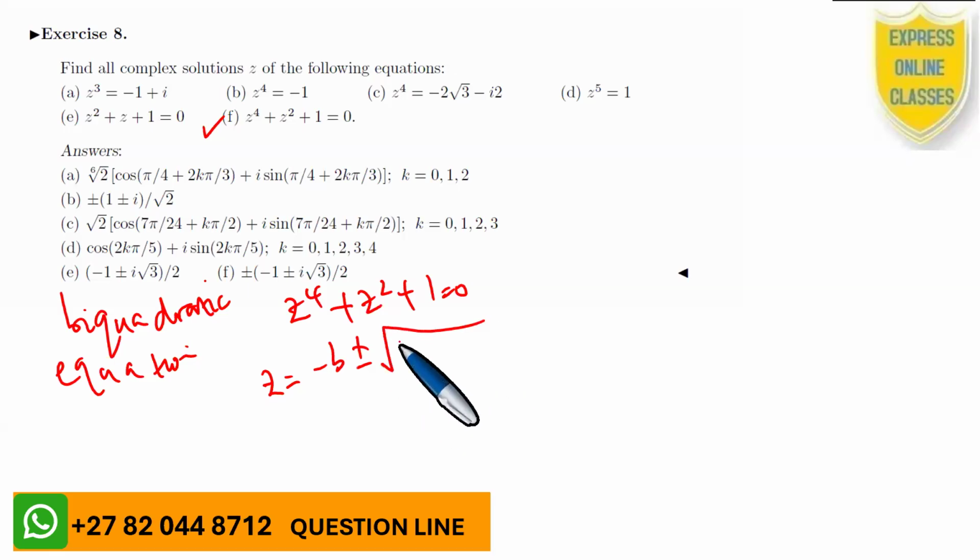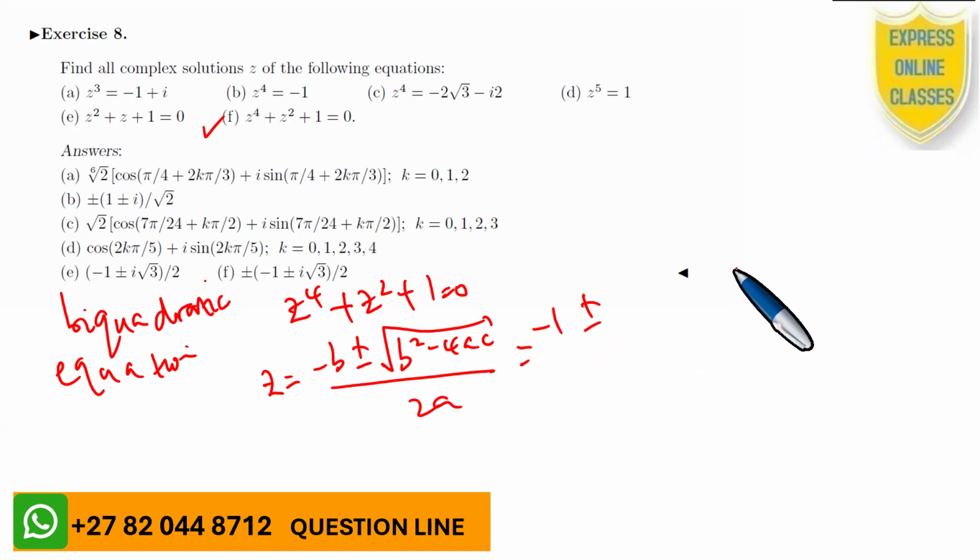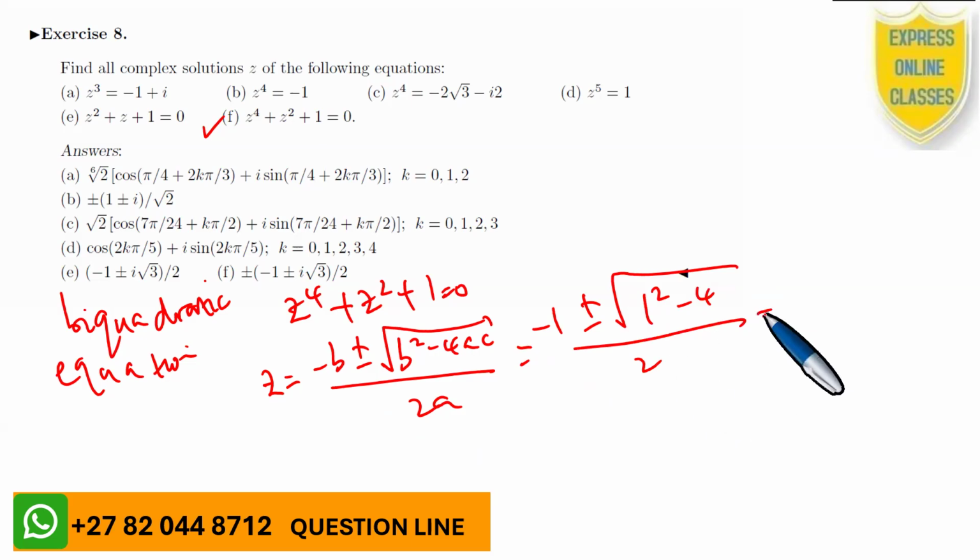Minus b plus or minus the square root of b squared minus 4ac over 2a,